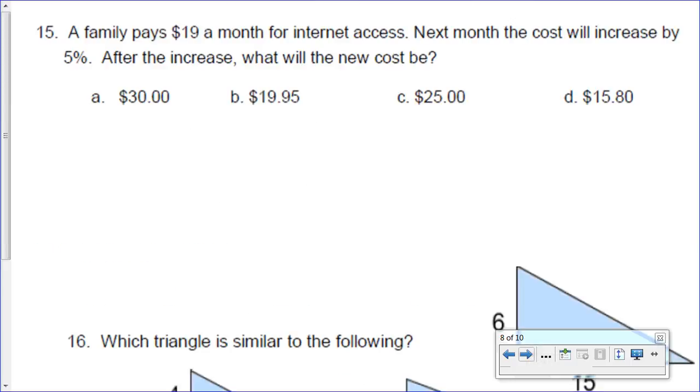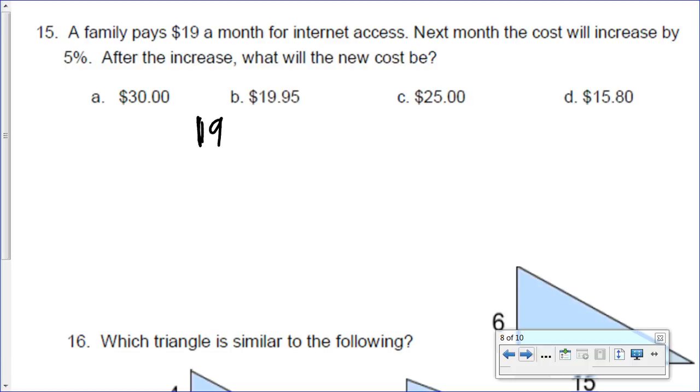Number 15, a family pays $19 a month for internet access. Next month, the cost will increase by 5%. After the increase, what will the new cost be? So, there's a couple ways we can do this. We can just figure out, okay, we know they pay 19, and